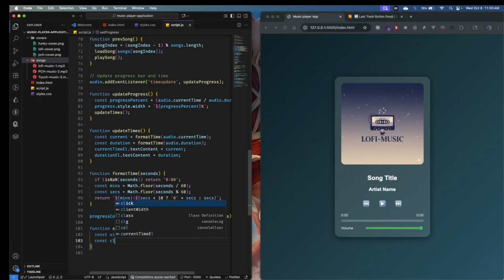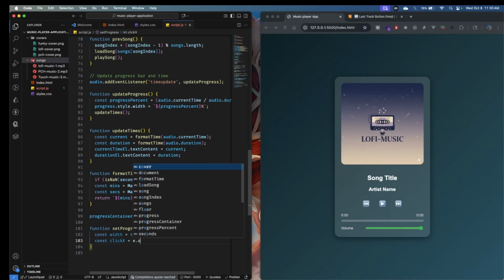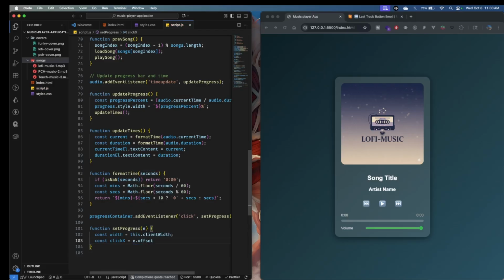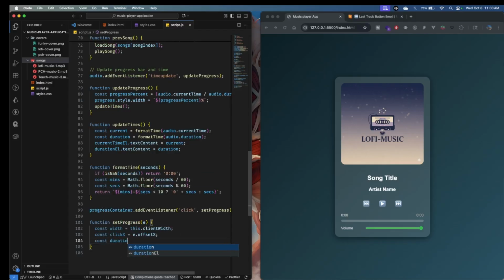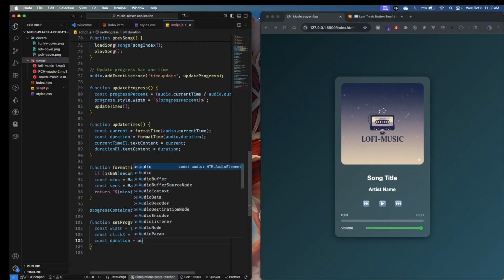Then const clickX is going to be equal to the e.offsetX, in this case the x. We want the duration, const duration is going to be equal to audio.duration,